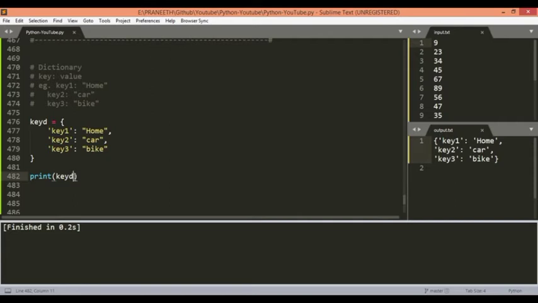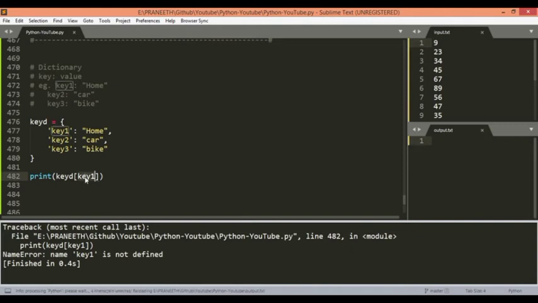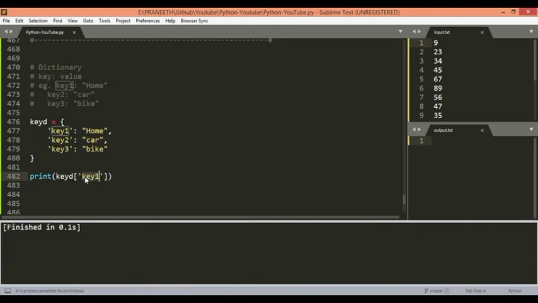So let's choose the first key. As we learnt, in the dictionary we can access its value by using square brackets and then mentioning the key value, as in the list we mentioned the indexes. So let's run this. Again we should specify the correct format.